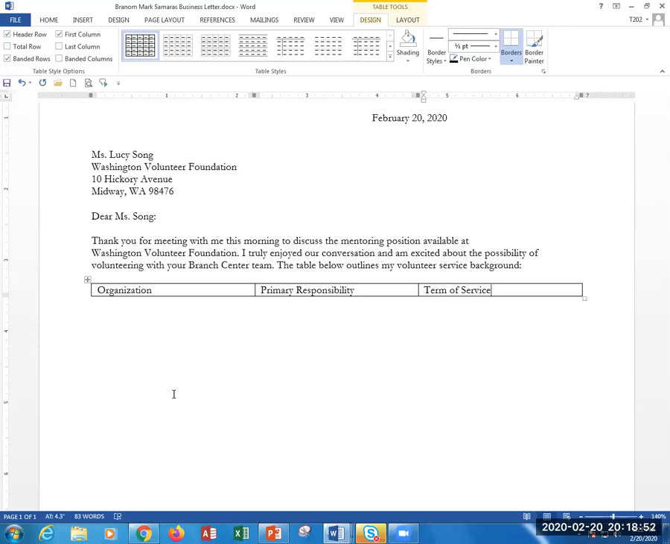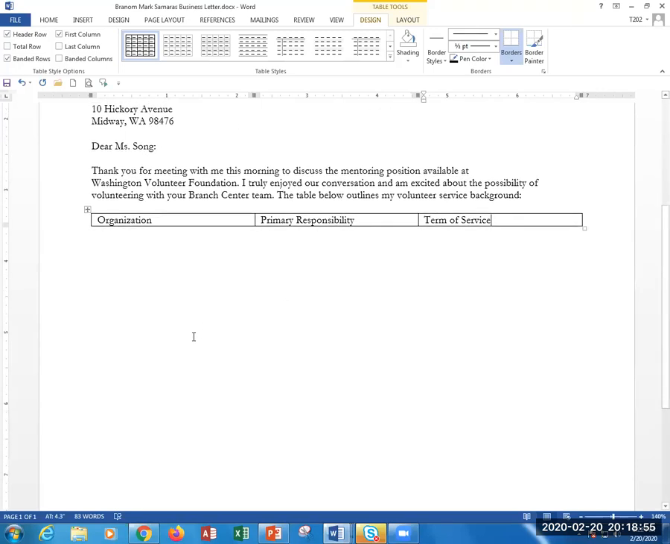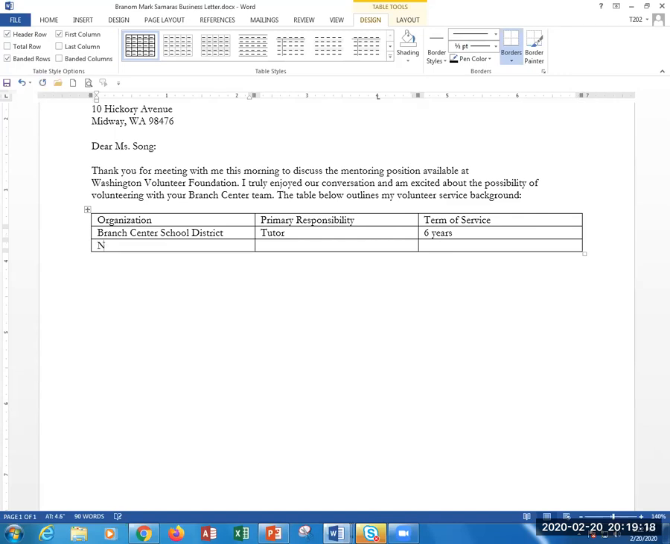And then we want to enter in the rest of the information on the table, which is on page 176. So we just hit tab to go to the next line. Branch center school district, tutor, and 6 years. Newton County Youth Groups, teen leader,